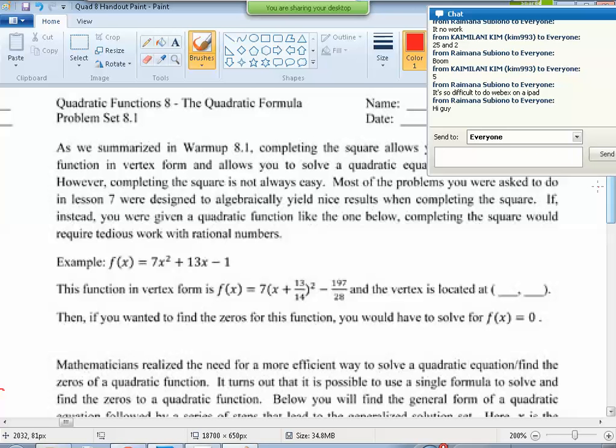Now, I'm going to tell you right now, the quadratic equation, when I first show it to you, is going to look super hard. It's going to look way harder than everything else did. It's going to look harder than your actual homework is. But when you see how cool it is, how powerful it is, and how quick it is, you're going to be like, wow, that's amazing. Why didn't he show this to us earlier? And my answer is this,